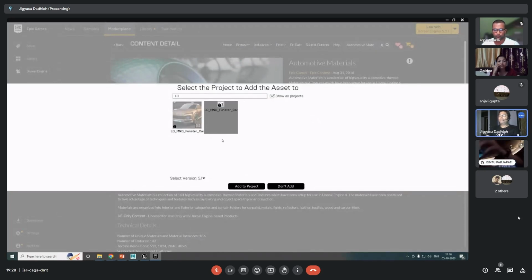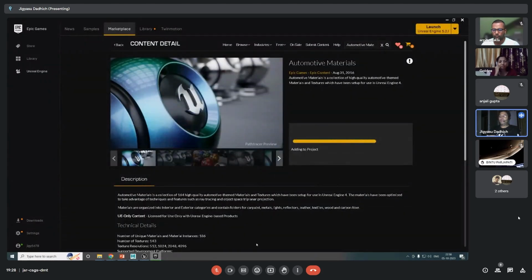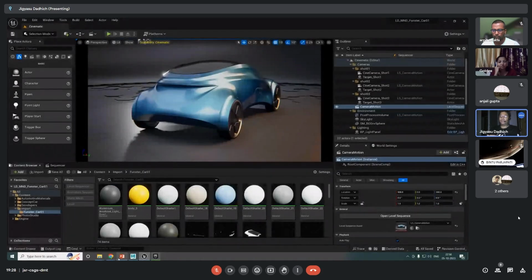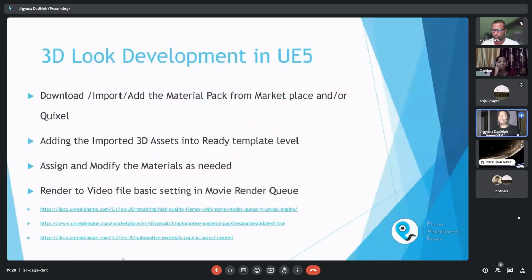Okay, we'll continue. So we'll select this again. If you select this, it will show you that it's 5 point. So once you have selected it, don't go and select again and add to the project. So it's adding to the project. Till that, we'll go and just continue with other things, like adding the imported 3D assets into the ready template